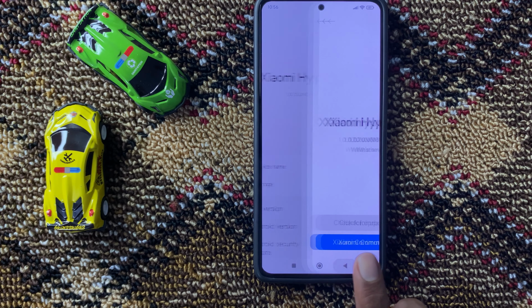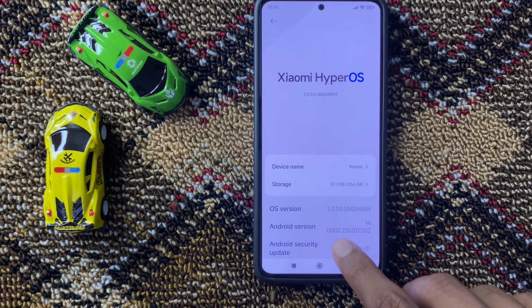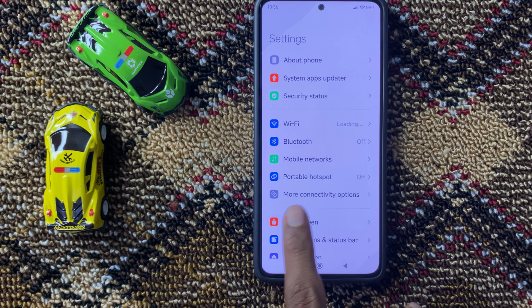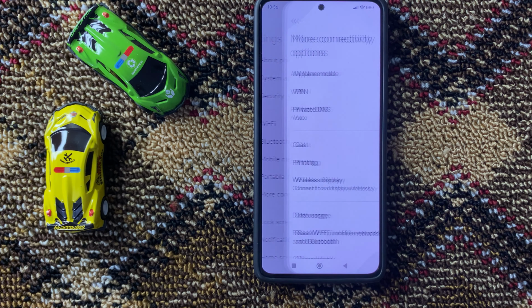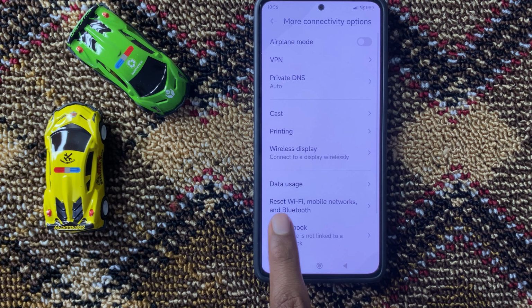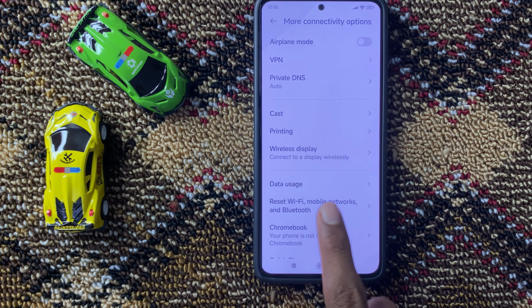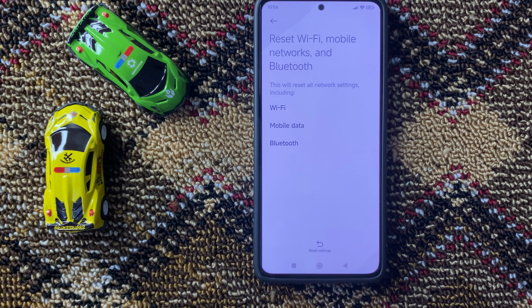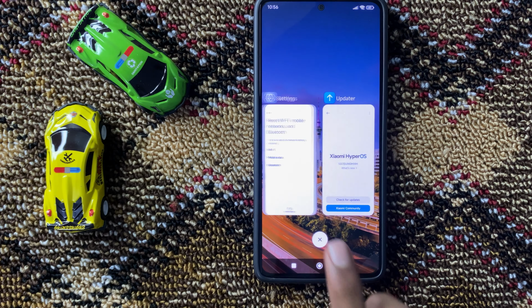After that, go back and then click on more connectivity options and then click on reset Wi-Fi, mobile networks and Bluetooth. Now here you can do reset network settings. After you reset the network settings, your problem will be